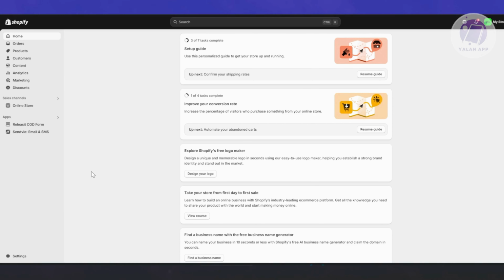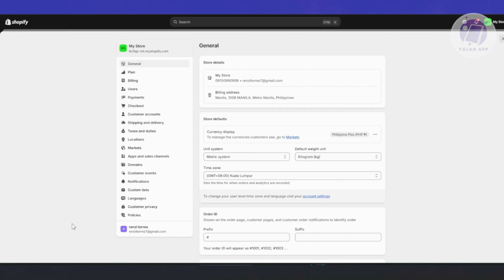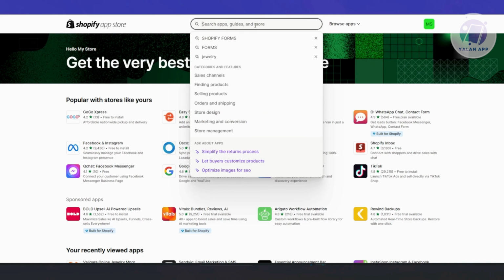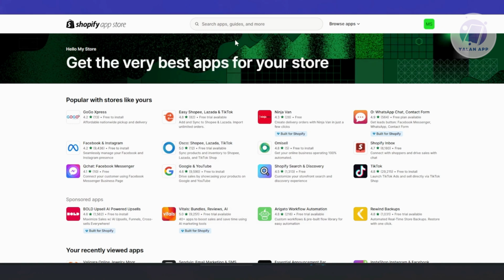By default, if you have a new Shopify store, you don't have it installed in your store. So how do you do that? At the bottom left of your screen, you want to click on Settings. Then click on the option for Apps and sales channels, and click on Shopify App Store. In the Shopify App Store, go to the very top, to Search apps, guides, and more, and type in the following,